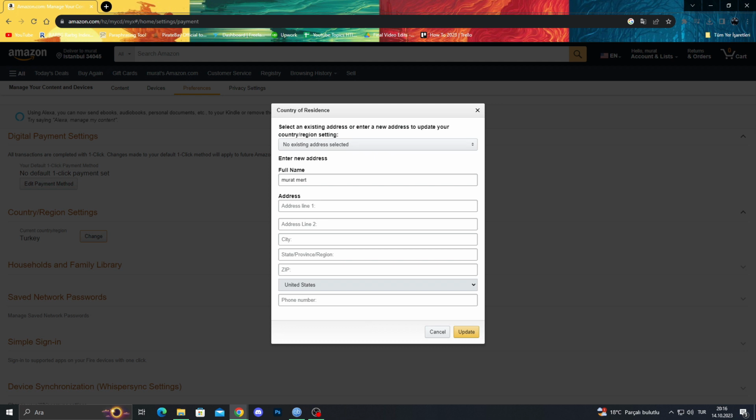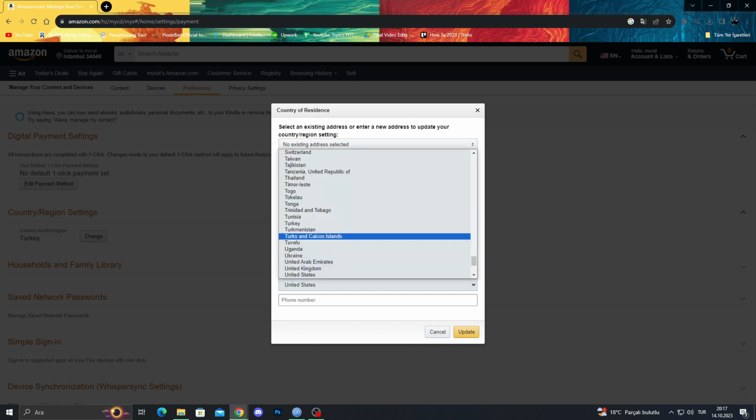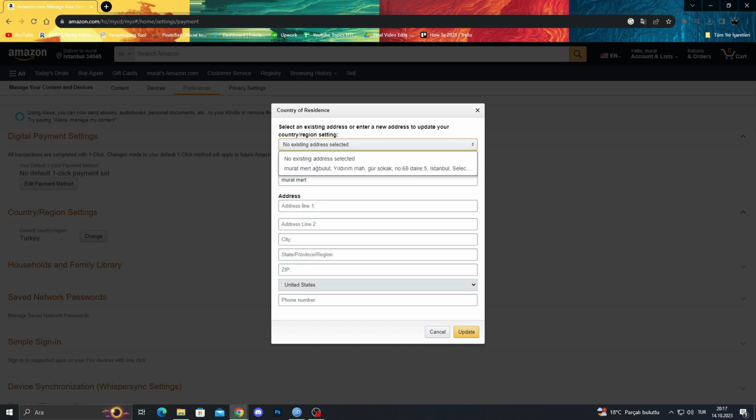It will ask me a full address, and it will want me to actually prove that. Of course, I can just get an address online and do that, or of course get another already given address. But right now I can just do another address here in United States or Uganda, Tuvalu, whatever country I want. You can of course do that too, and after doing that and pressing update here, it will let you